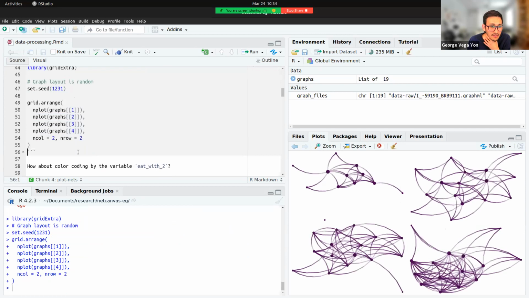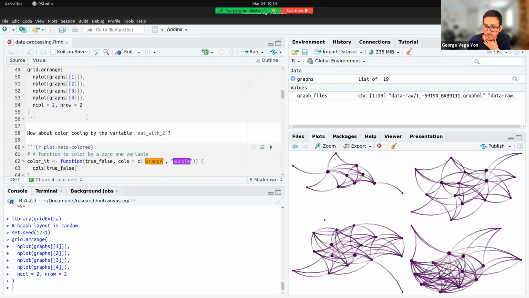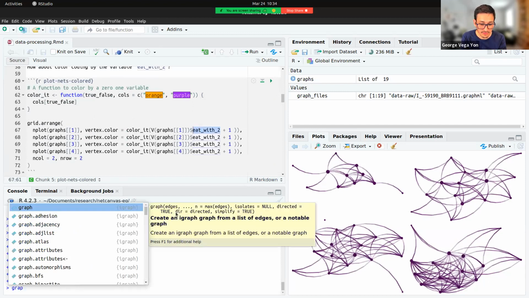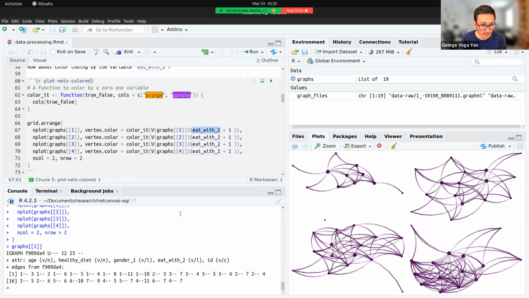Okay. So yeah, things are working nice. And if you want to add some color, I just made a little function here that will take some arguments, some attributes from the graph. In this case, if you take a look at one of the network graphs, you will see that in the vertex we have age, healthy diet, and gender, and the edges with 2